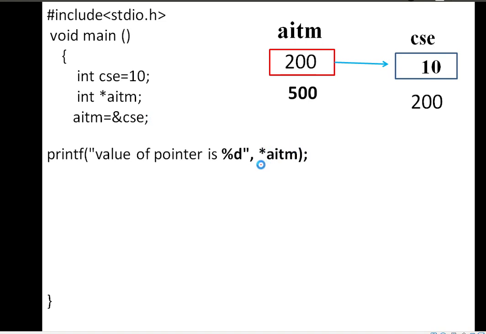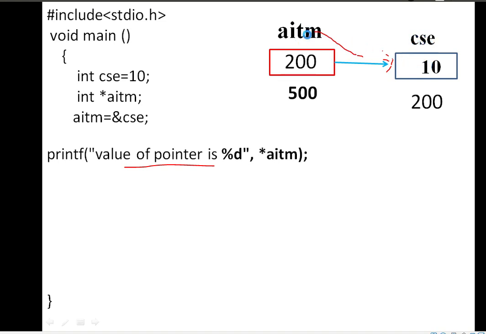Consider this: value of pointer. What is the value? The pointer variable is AITM. What is its value? 200, isn't it? It is the address. So what is the AITM value? AITM is basically referring to this variable. What is the value of this variable? 10.